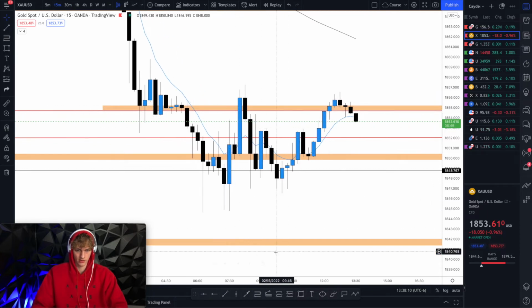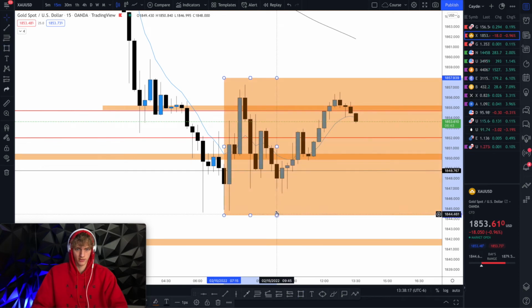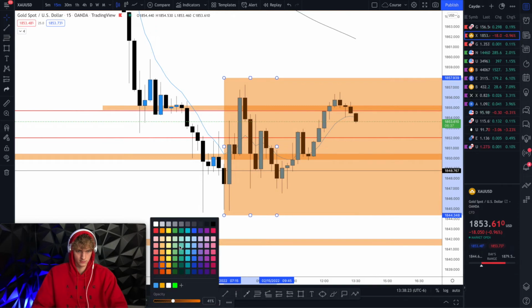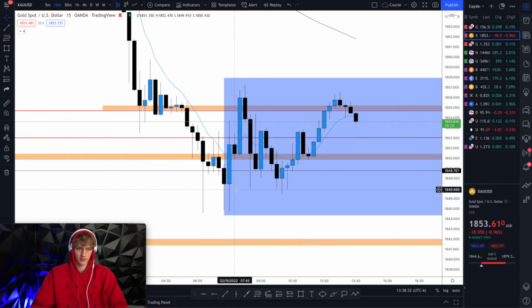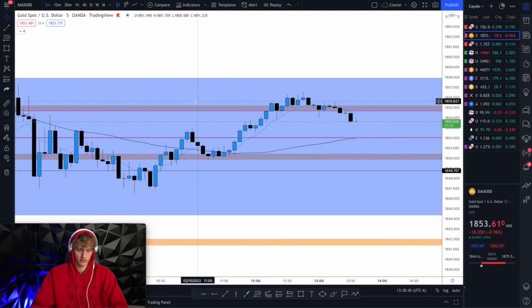So if we go down to the 15-minute candle, let's act like all of this from this point over is not here. So I'm going to make this a different color. Let's make it blue. So all of this right here has not happened yet to the right. So now I'm on the 15-minute, and I'm thinking, okay, how am I going to get into this right here? I'm going to go down to the 5-minute,